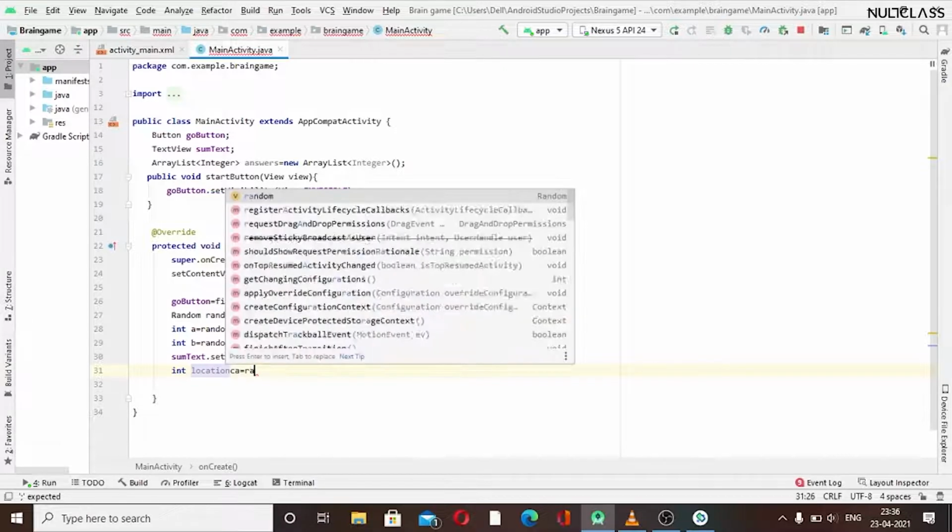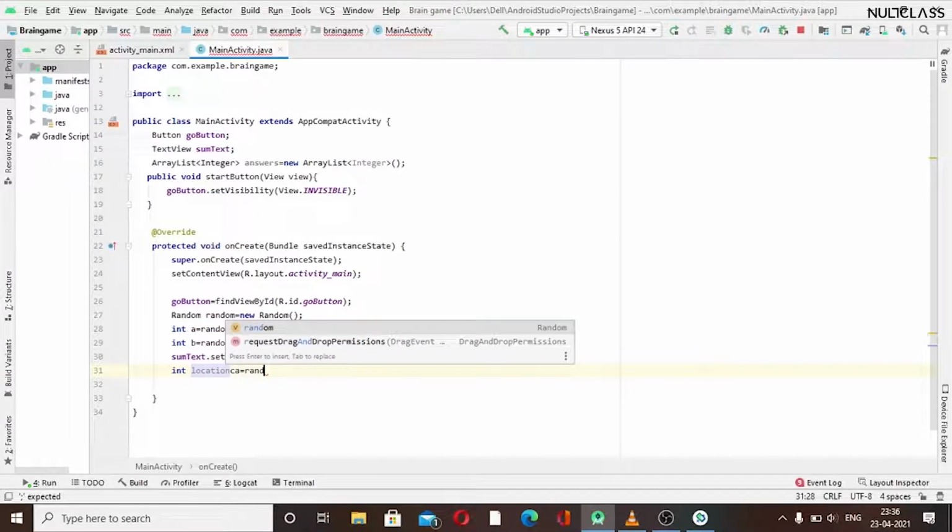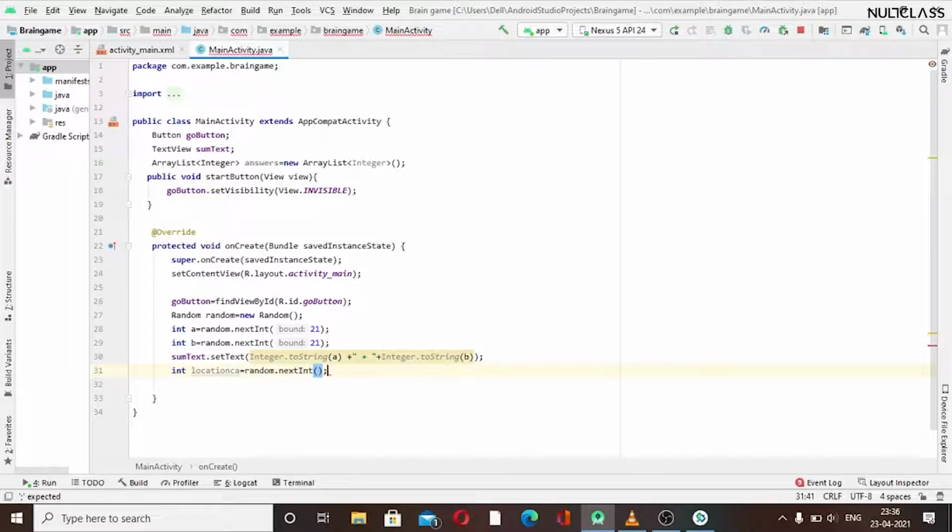I will generate a random number, and we want four positions, so we will use four. If we want four possible positions, we have to write four, so it will generate a random number like 0, 1, 2, 3, any of the positions, and we will use that for showing the answers on the buttons. Okay, we will see that later.